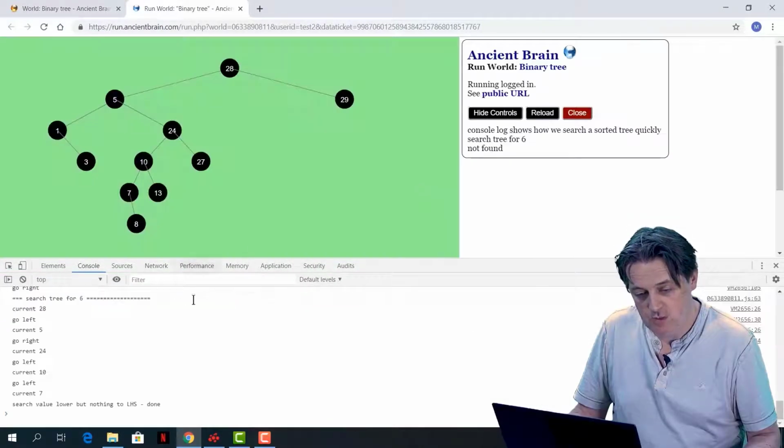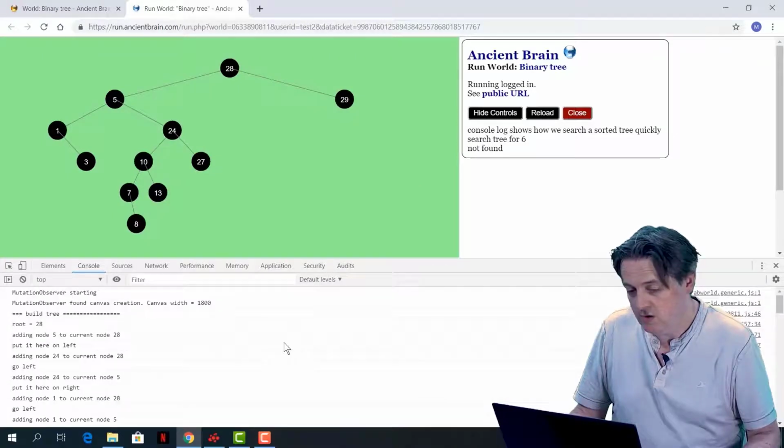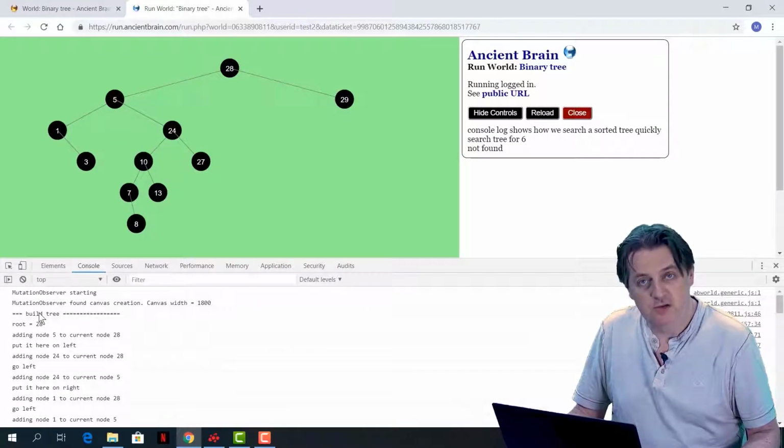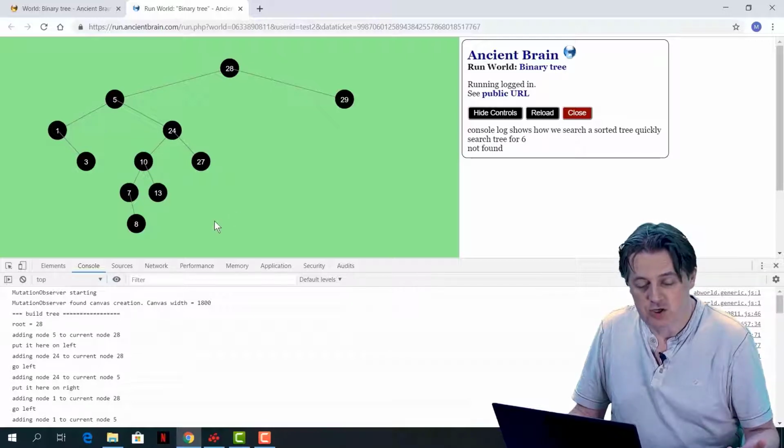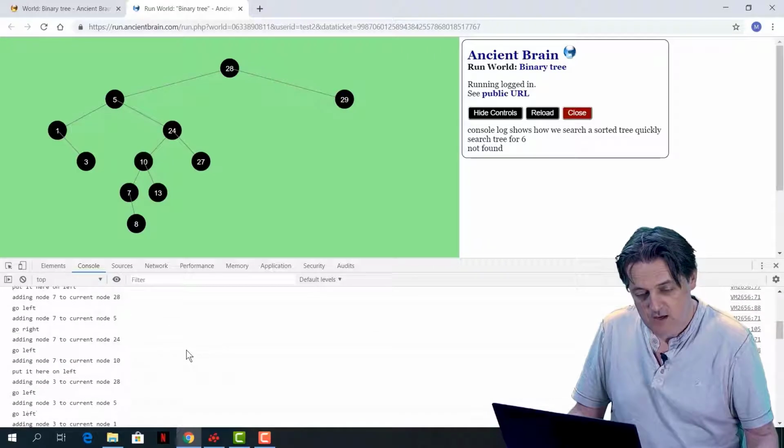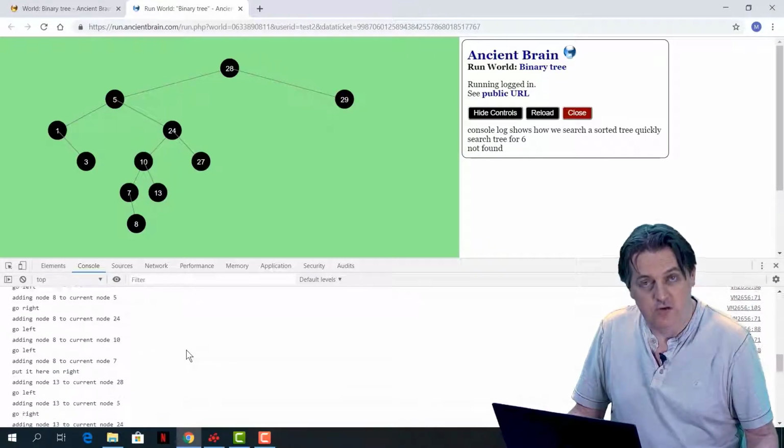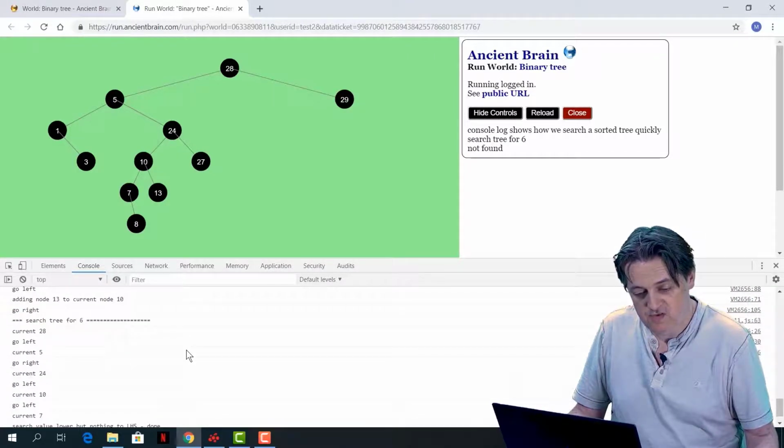So when I reload the world, you'll see in the console that it builds the tree, first of all. So it obviously has some random collection of nodes. It has to put them all into a tree structure. It builds the tree, and this is going to show you how it's going up and down to build the tree. And it's going to be your initial job to relate this to the code when we look at the code. So it builds the tree and logs what it's doing in the console, and then it comes down